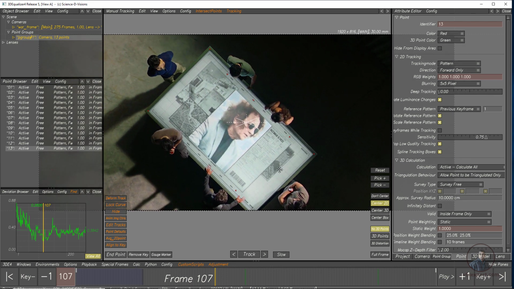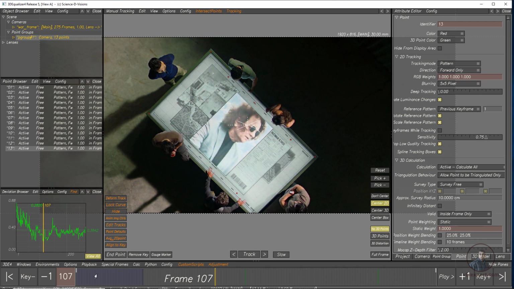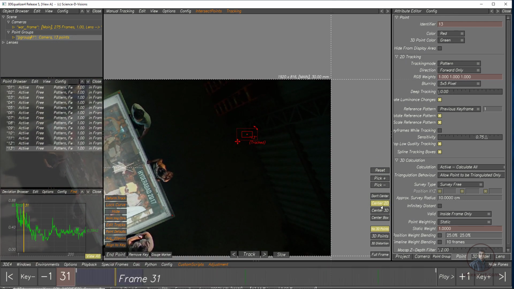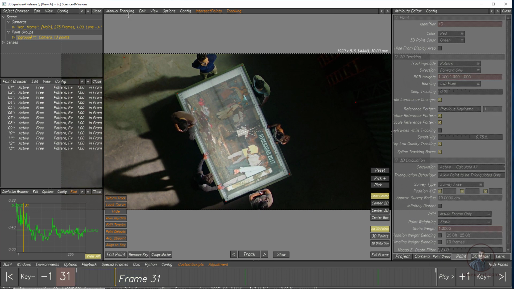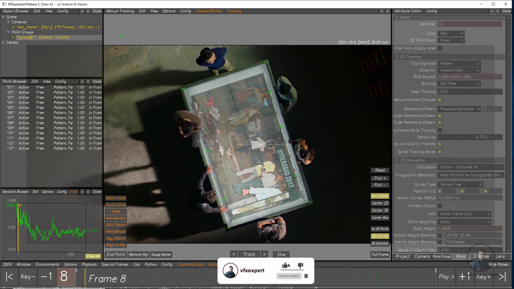Now see, here in manual tracking, if you want to check your 3D, just switch off the center 2D points. Okay, now again click on full frame. Here in our manual tracking tab or control panels, if you want to see your 3D points, because these are our 2D points, then you have to click on your 3D points. Now easily you can see your 3D points. Okay, now just play and check.